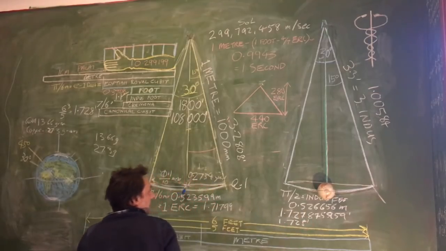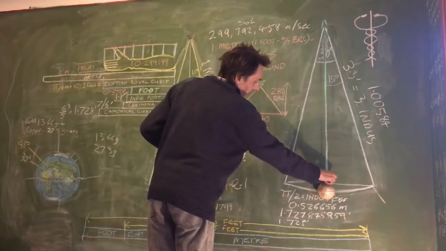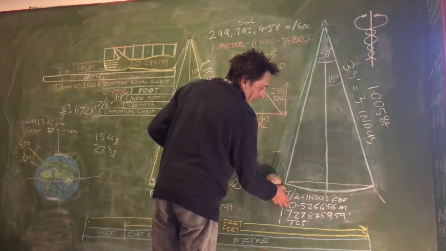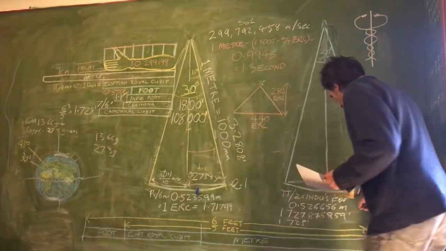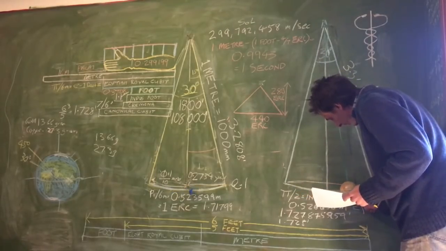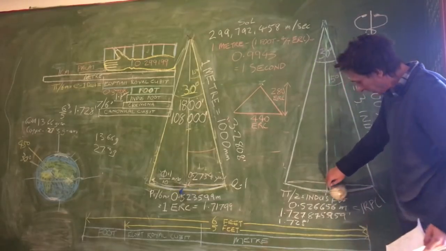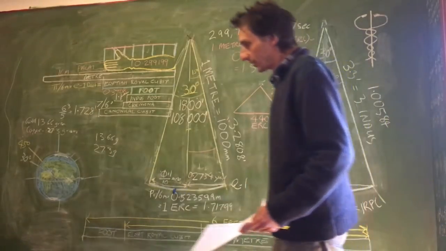1.728 feet. Because of the way the circle and pi work, it's not so surprising that this would be pi over 2 Indus feet, or 1 Egyptian Royal Cubit plus 3 millimetres, a grain of rice. Just to make it clear, I'm going to invent a term for this, the Indus Royal Pendulum Cubit, the IRPC. That's what I'm going to call this. But what's important is,